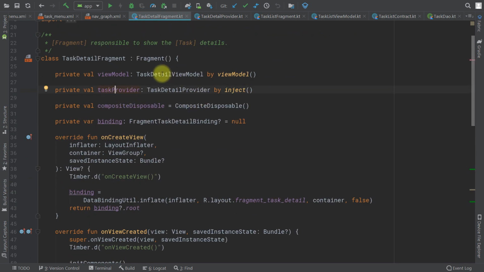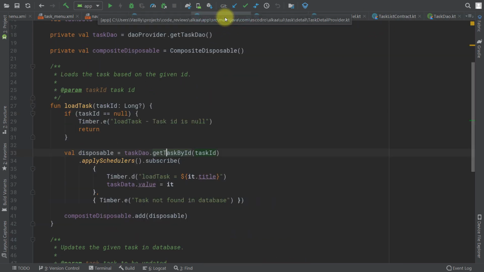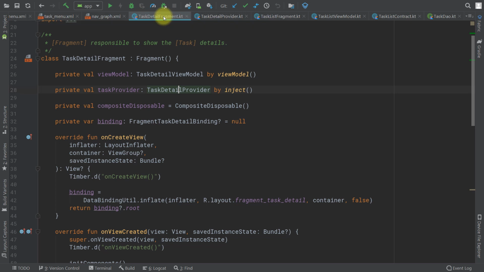delegate this functionality to task detail view model, and inside view model you can either use this provider, but again, you have this task list contract and task detail provider, and both of them do the same thing. So you should probably call them under the same name. Or you can just remove these abstractions which aren't very necessary in this case anyways, and put the logic inside